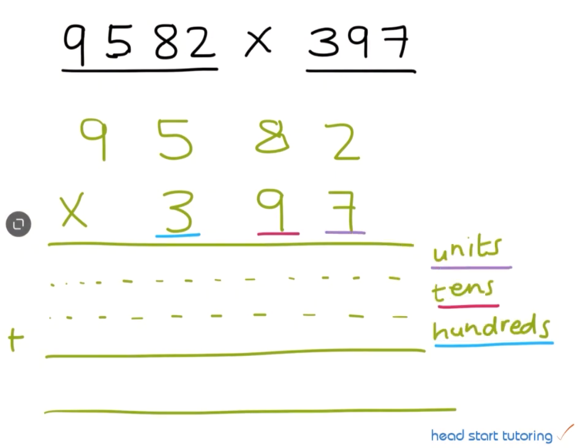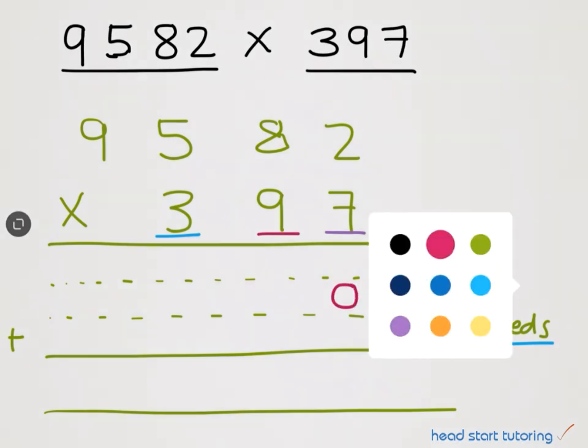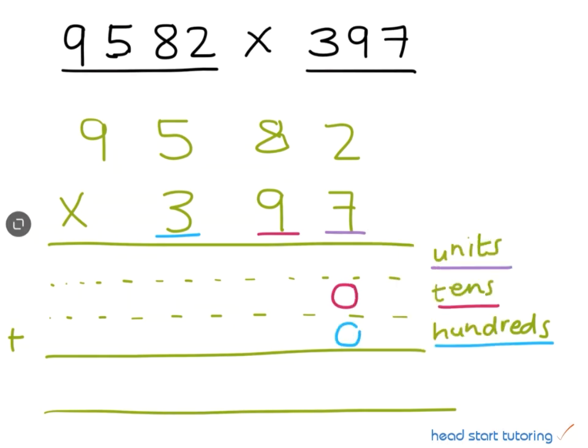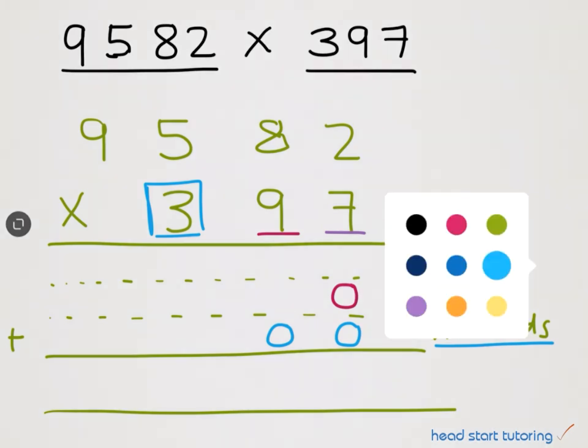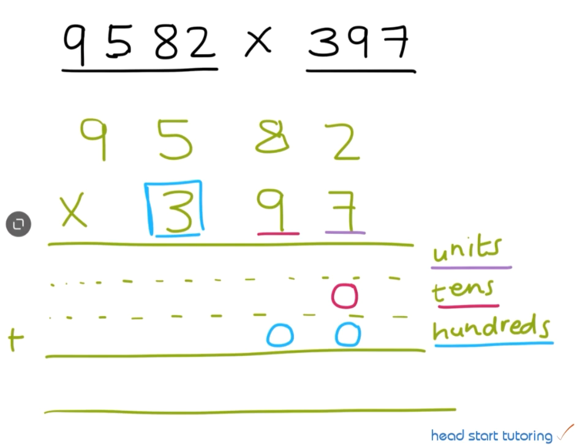So now in the same way, we need to make sure that we put in our zeros. So let's use the pink for the tens. And then because we're multiplying by 300 when we times with our 3, we need to put in 2 zeros to indicate that it's 300. So now let's work with our 7. 7 multiplied by 2